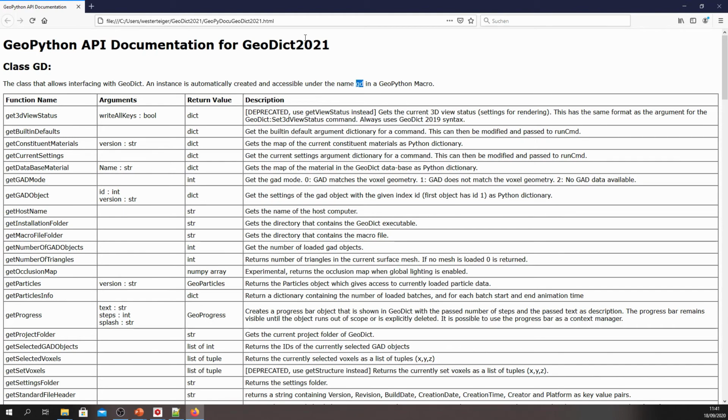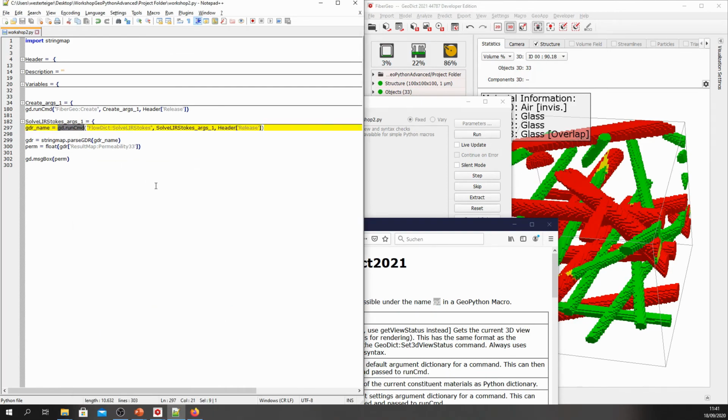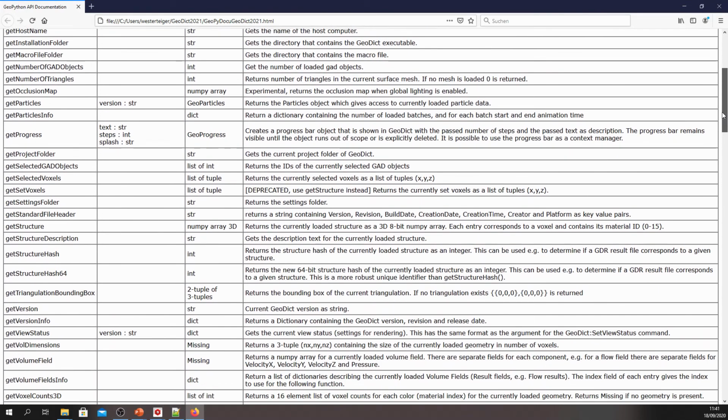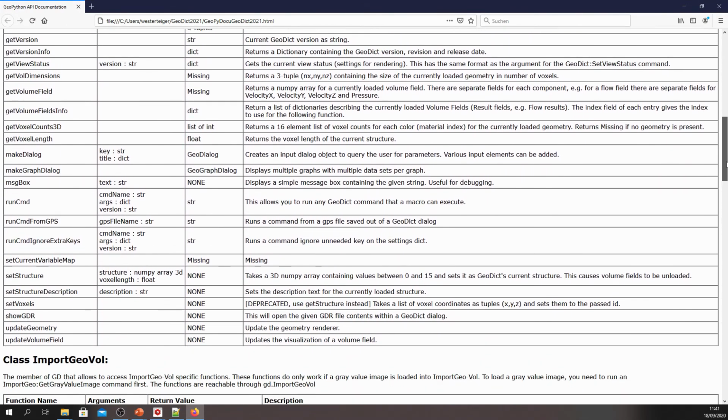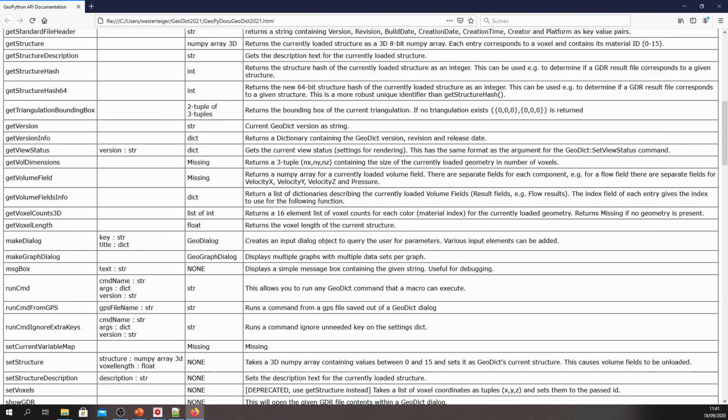And we already saw one example, which was the GD run command here. That is one of the functions which is part of the GeoPy API. But there are many more, as you can see here. And this also, for example, allows you to directly access the structure, change the structure, or access result fields and change them.